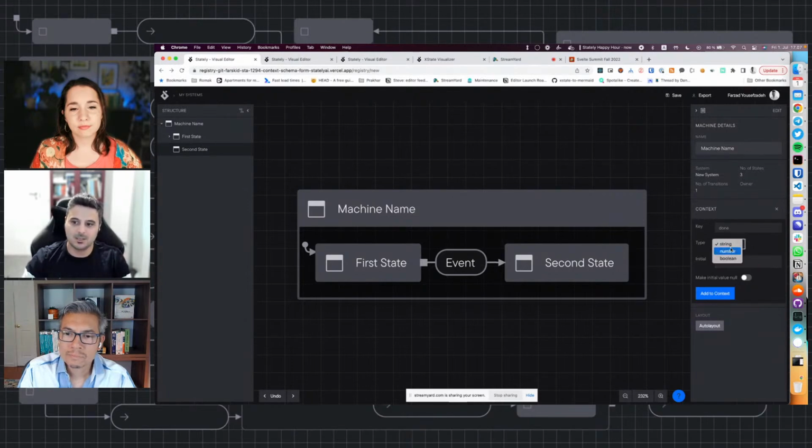You can choose a number, and we would render a number input for you. So you can just add any numbers here for the initial value, or you can actually choose a Boolean. So you can assign true or false as the initial value. For now, we have decided to keep everything nullable. So that means if you try to initialize a context value as an empty value, you can assign it to null, but you have to do it explicitly by checking this checkbox here.